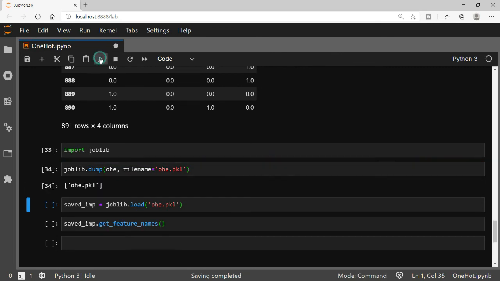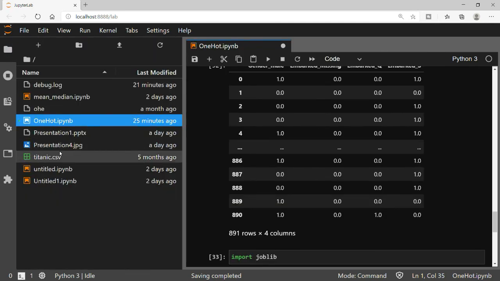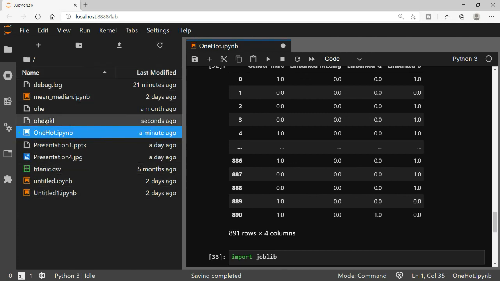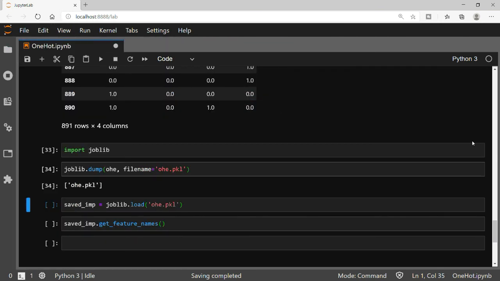Now I have run this line, and if I go to my directory, I think it is not refreshed, let me refresh. Okay, now it is updated. You can see that I have dumped this particular encoder. Now let us say you want to use this later, in your test environment or anywhere.